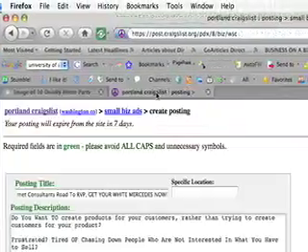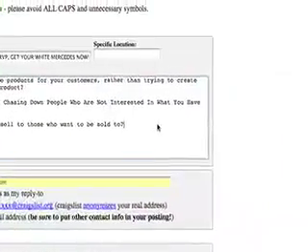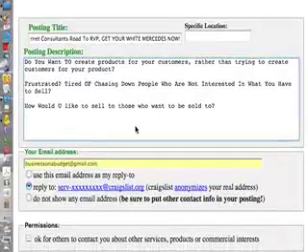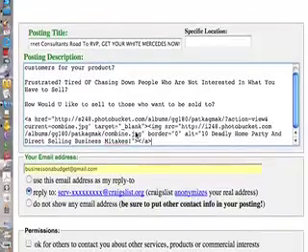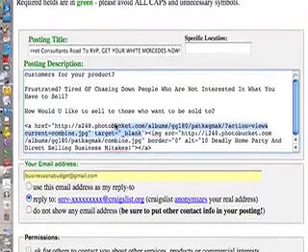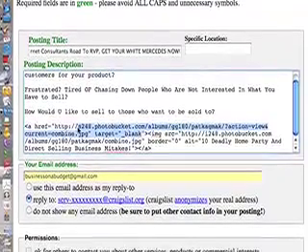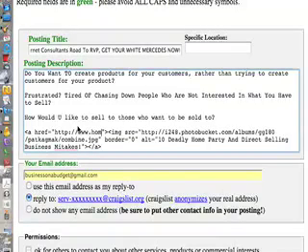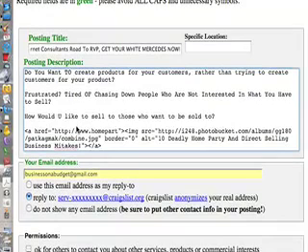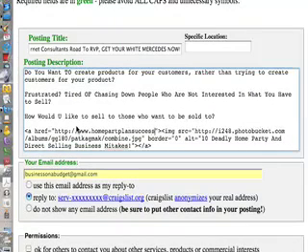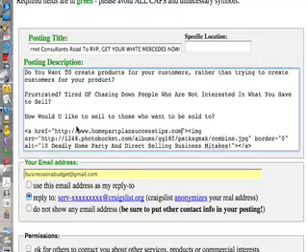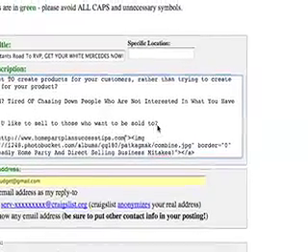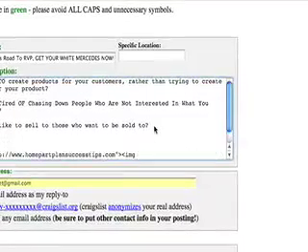And then what we're going to do is come here into CraigsList. Now, this is where all the fun stuff is happening. So I'm going to post that code in here. But there's something that we want to do. We want to erase all this stuff in between the brackets because we are going to put in the website of choice. So we've put in our website of choice. How would you like to sell to those who want to be sold to? And then